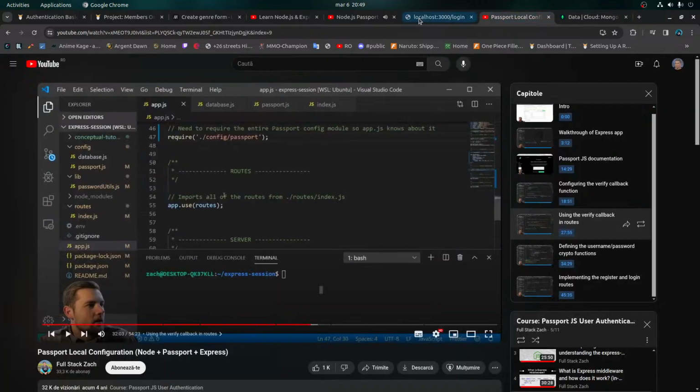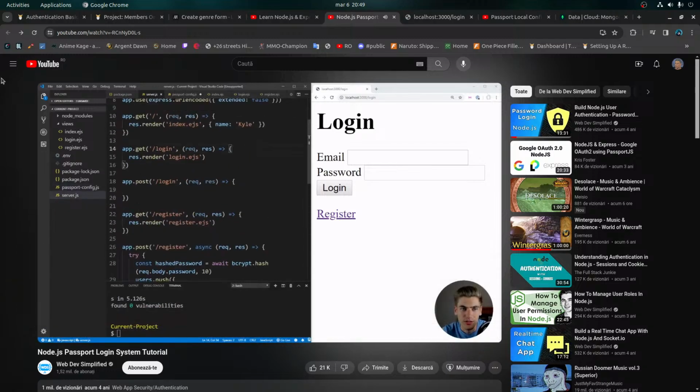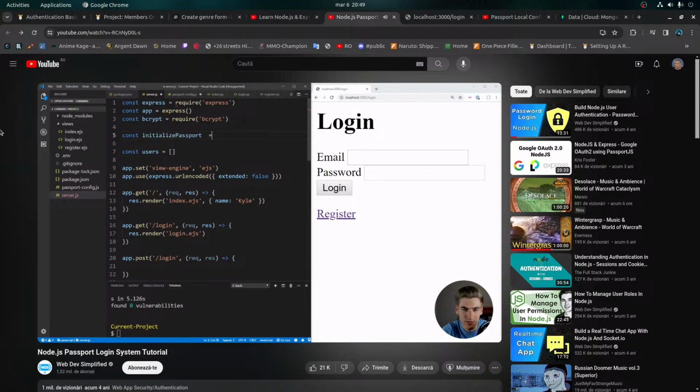There we go. And inside of this function, we're going to initialize our passport, which we're going to make sure that we pass to our initialize function. And then inside of our server, what we want to do is we actually want to require that. So we can just come down here and we can require that function. We'll just call it here, initializePassport. And that's going to be equal to